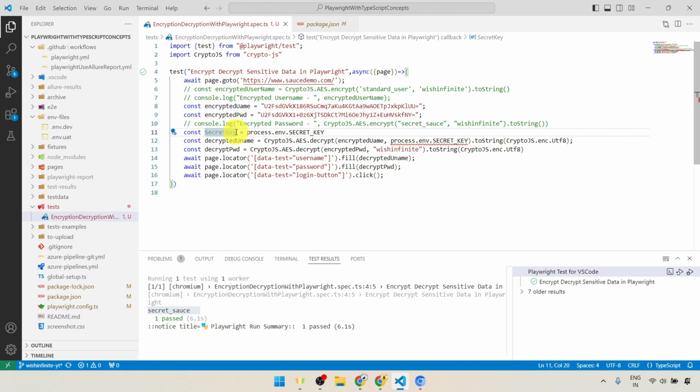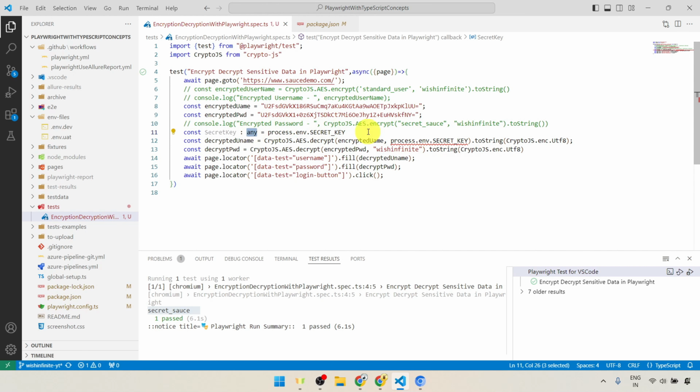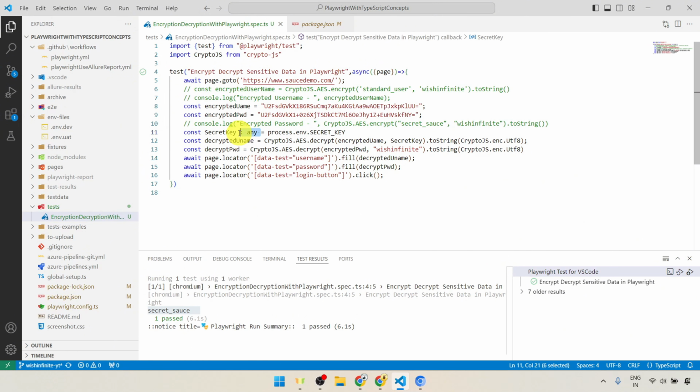process.env.secret key. And as we are using TypeScript, either we can pass this any here, and then if you use this variable name, you will not get the error, because if you do not use this any, again you will get the same error. So either use this any to tell TypeScript that it can be of any type, or rather than providing this any,